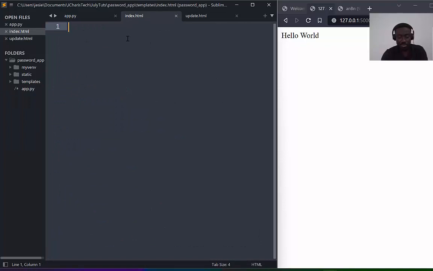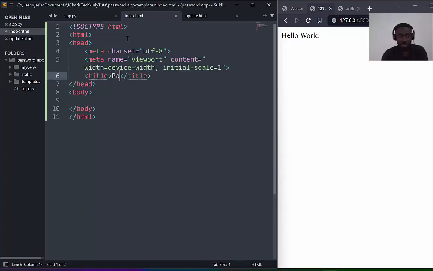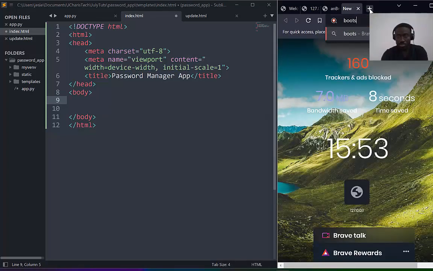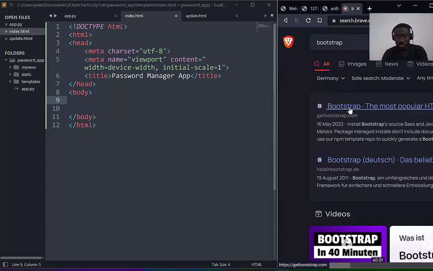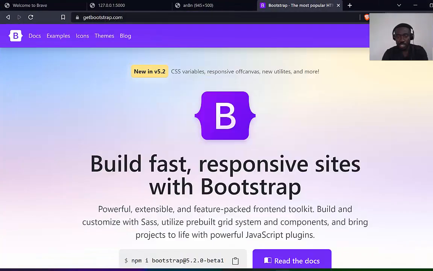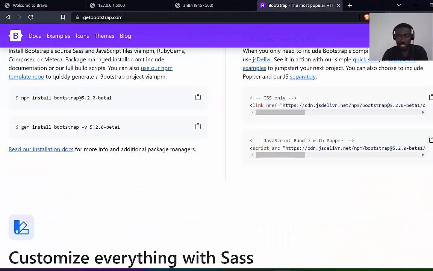So I go back here, let's create a simple HTML, and then let's call it my password manager, right? Something very simple. And now with this, we can put in some stuff. So let's be using Bootstrap to make our work easy. So I'll go back again to Bootstrap to get the Bootstrap URL. This is it. Copy this one here. We are building everything from scratch. You can use npm, but let's go with the CDN. So this is what we need. So I'll copy this one here,